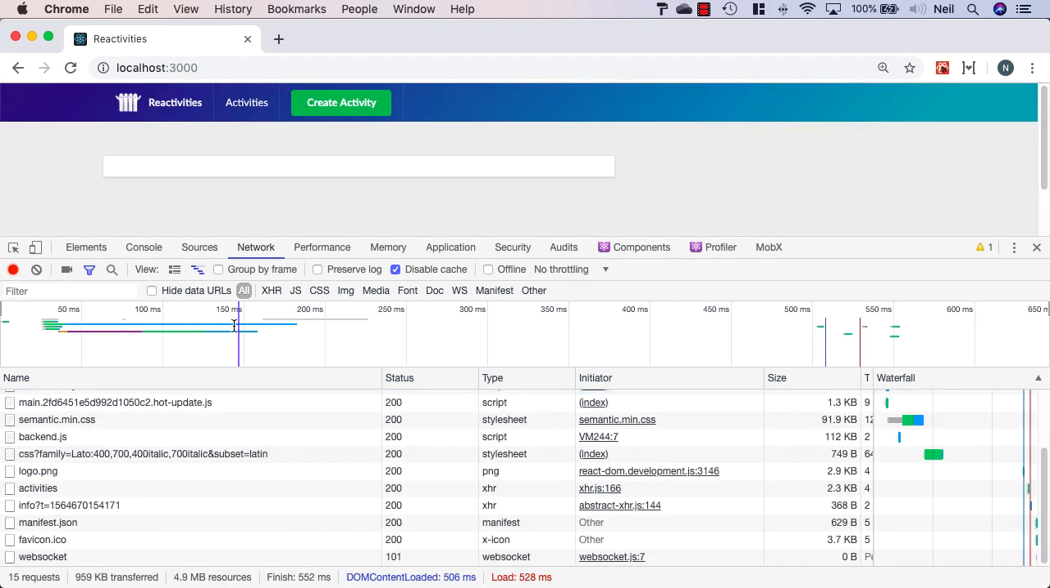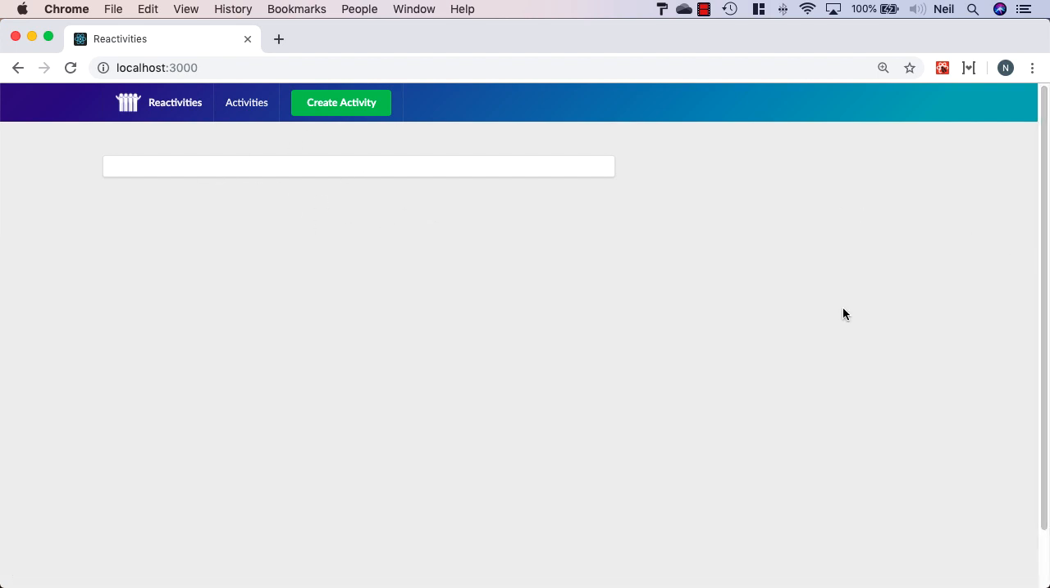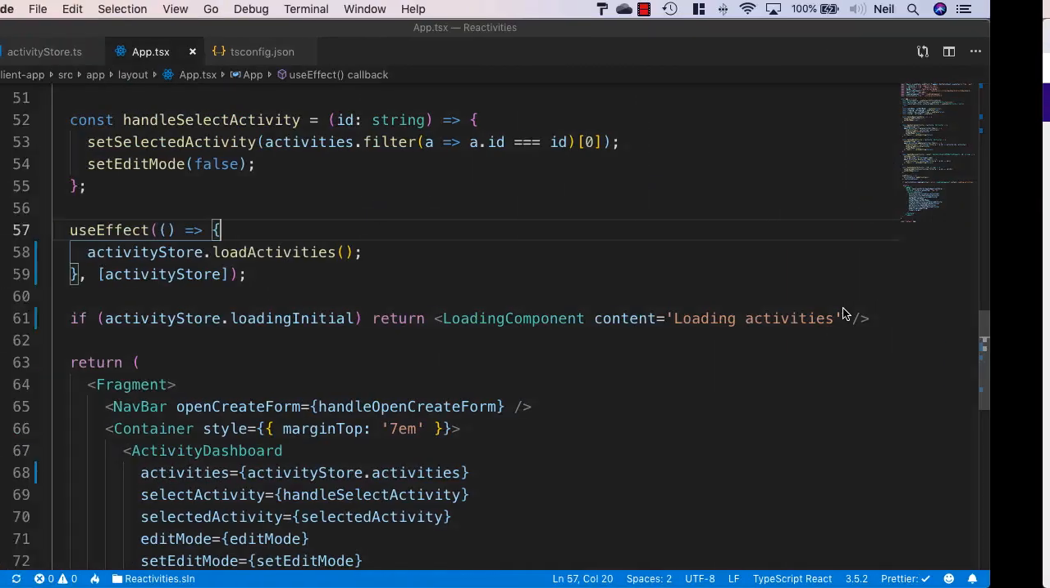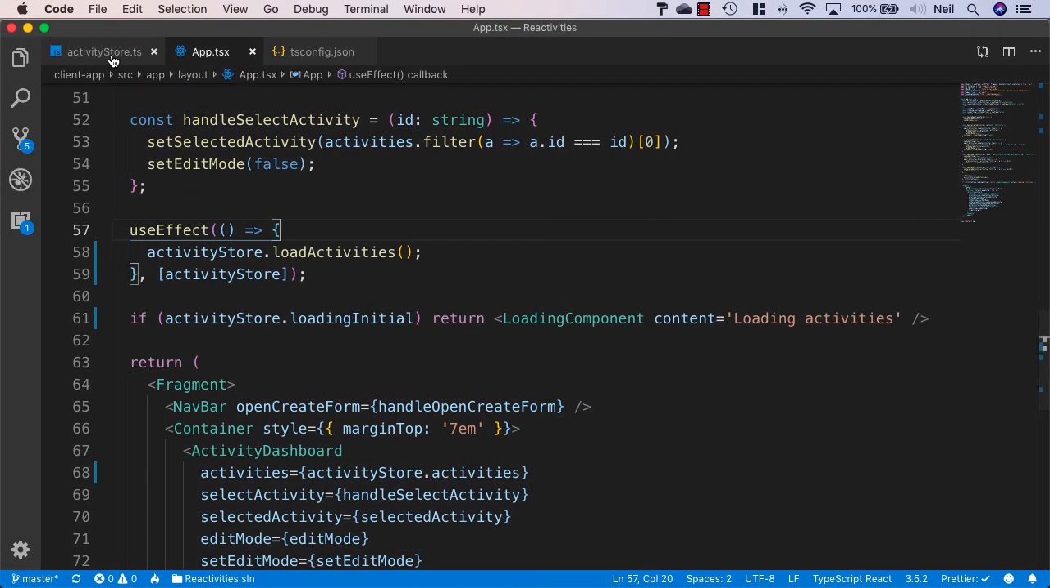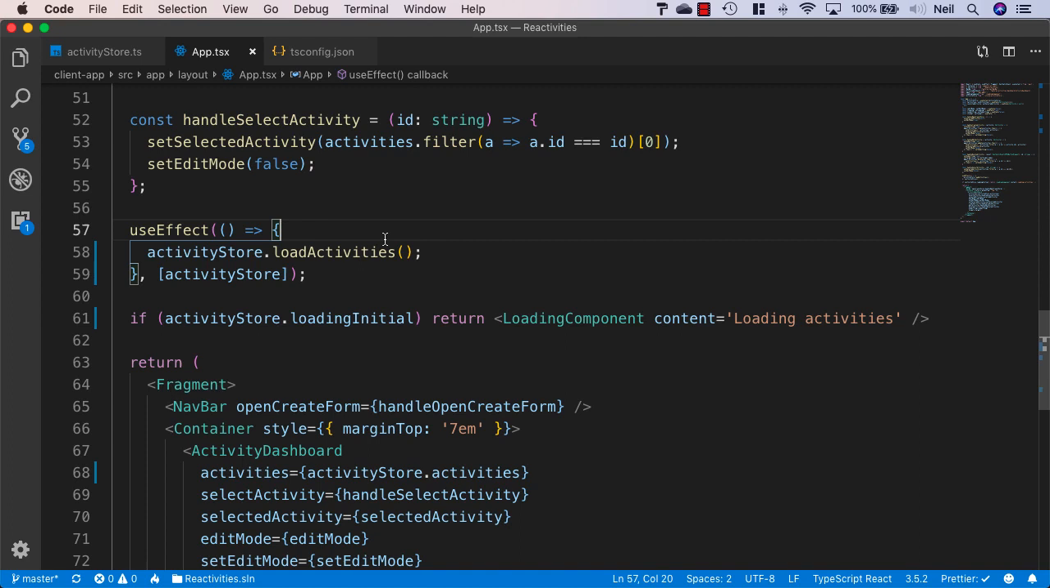So let's just refresh this page. And sure enough, we can see our activities are coming back from our server, but they're not being displayed by our application. Now, what's fundamentally important, if I go back to VS Code, when we're using observables and our activities array is an observable, our loading indicator is an observable, it's important that the components that are observing these observables